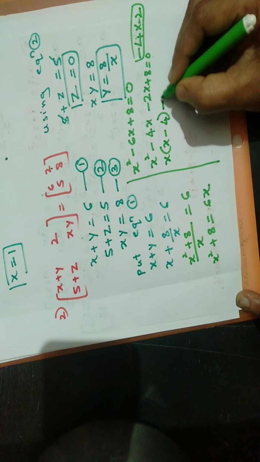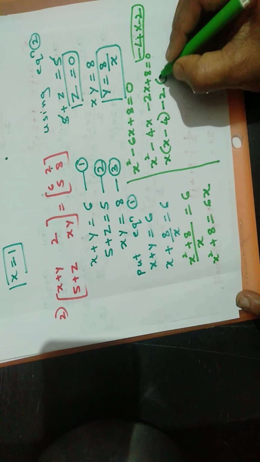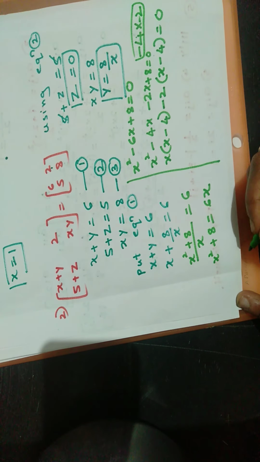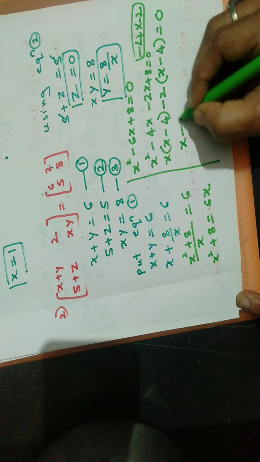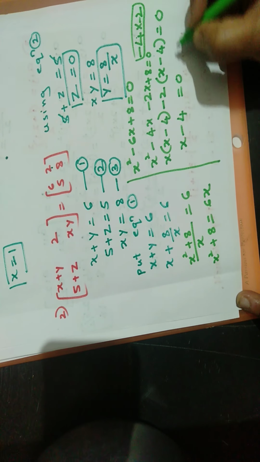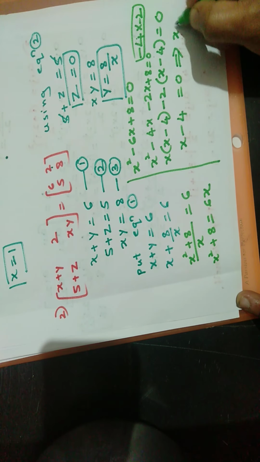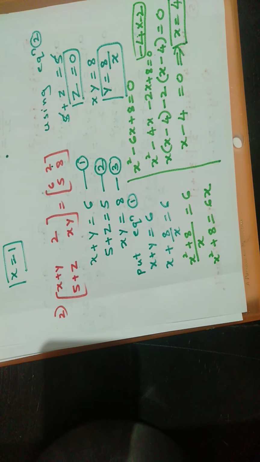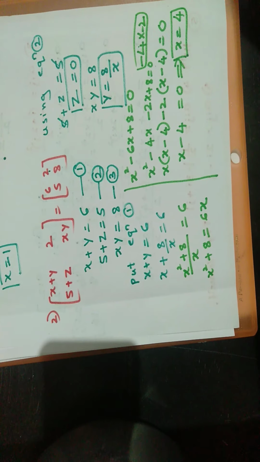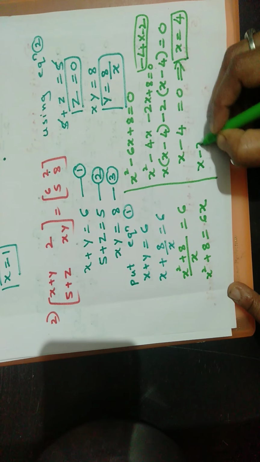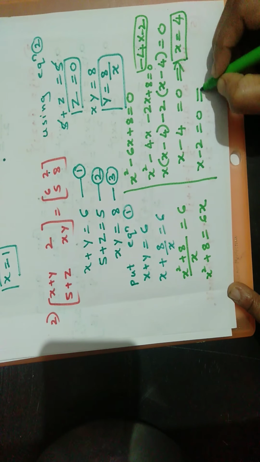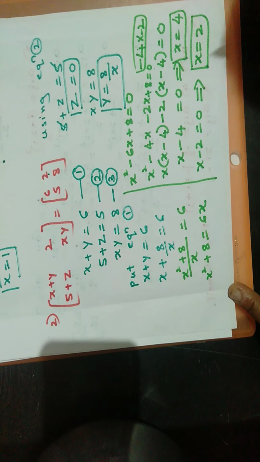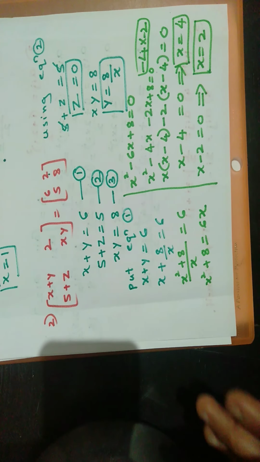In this, minus 2 as the common term, here we have written x minus 4 is equal to 0. So here x minus 4 is equal to 0, and that implies x is equal to 4. This we are getting as one value. And one more equation is there, that is x minus 2 is equal to 0. That implies x is equal to 2 we are getting. Understand, all of you? So, listen once again.